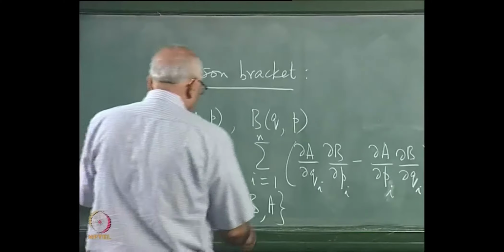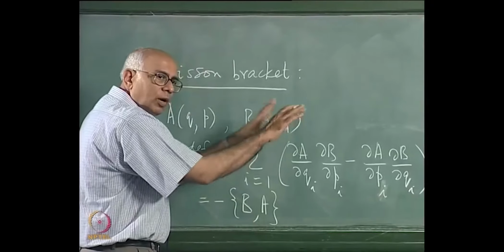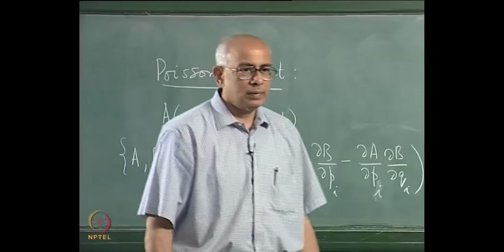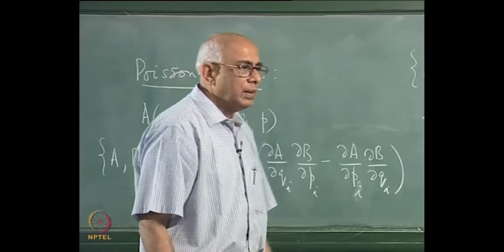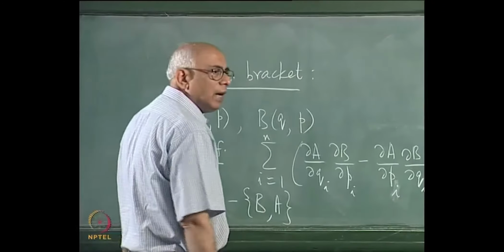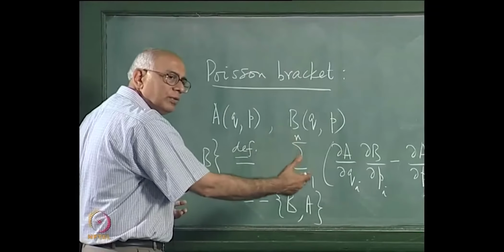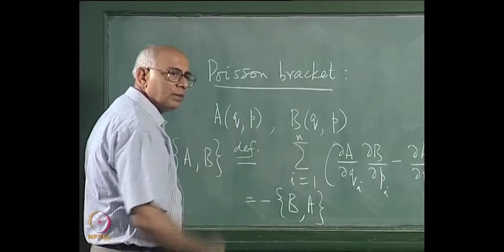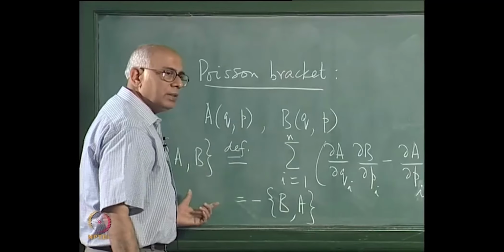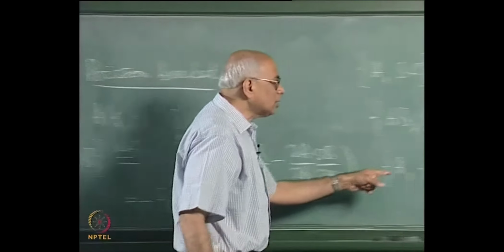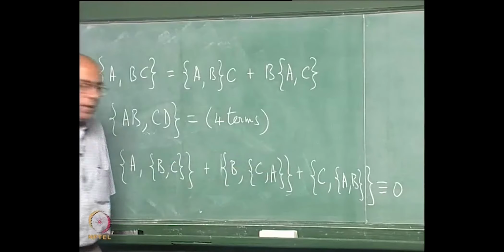So with these properties, you have got a set of objects A, B, C, etc., which are functions of the phase space variables in a Hamiltonian system, and among those functions I have defined a certain bilinear structure called the Poisson bracket. I take two of them at a time and I create something, a new function. That function has this antisymmetry property, and it also has this property which is called the Jacobi identity,